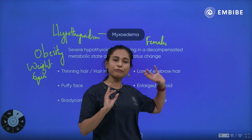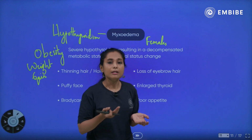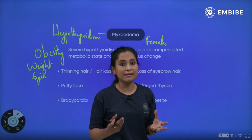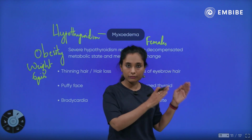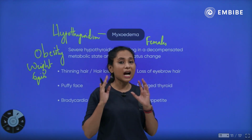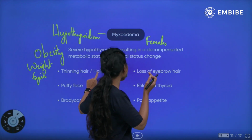And the face looks very puffy. You have seen this in the animation also. And bradycardia. See, this hormone is very important in maintaining your BMR. BMR is basal metabolic rate, the rate at which your body is utilizing energy. This is possible when you are oxidizing your glucose molecules, you are producing energy. So, when you are not having enough hormone, your heart is not functioning properly, your other organs are not functioning properly. Then loss of eyebrow hair,